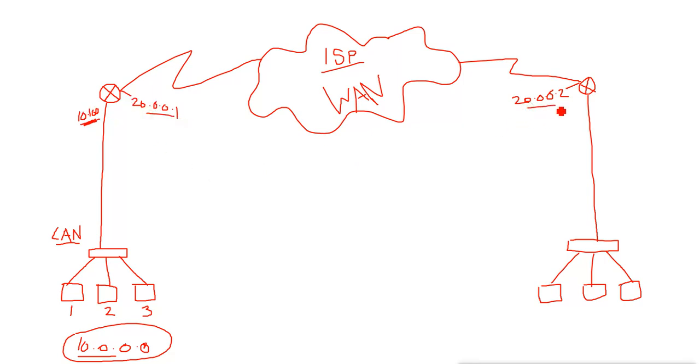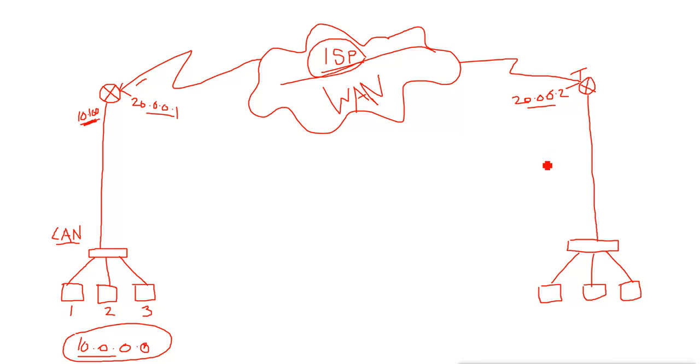Now how the traffic will go from Africa to America through this WAN cloud will be configured by the ISP. They will manage that, they are the service providers. But they will give you the same network IP, which you can assign on the WAN port interface of one office, and from the same range they will give you an IP to assign to the WAN interface of your other office.